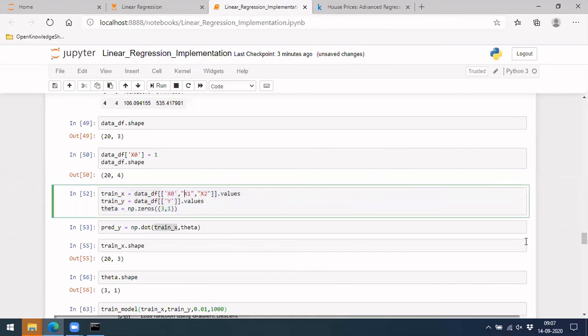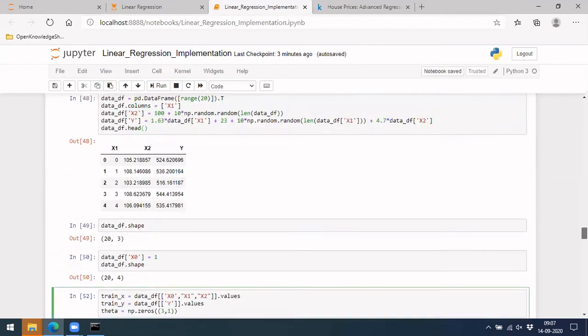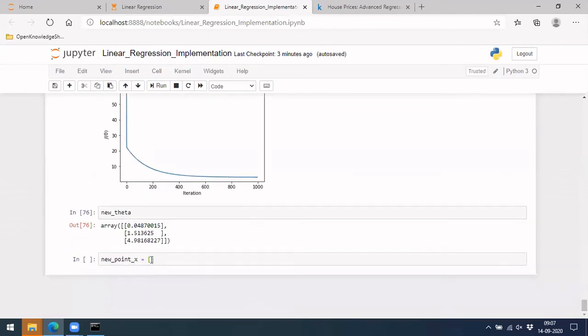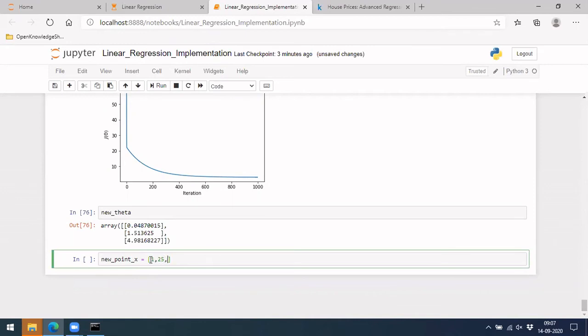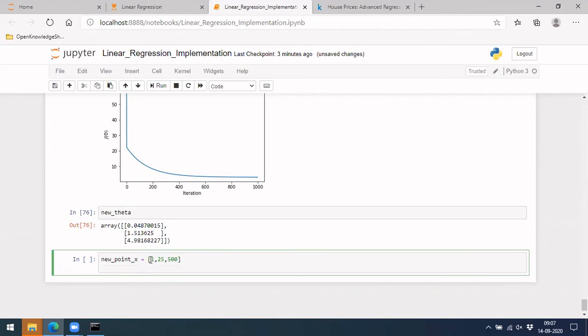So I want it for some other new value, let me put 1 comma 25 comma 500. In case you want the predicted value, make it an array, and we already have the new theta, so it will be point x into new theta.